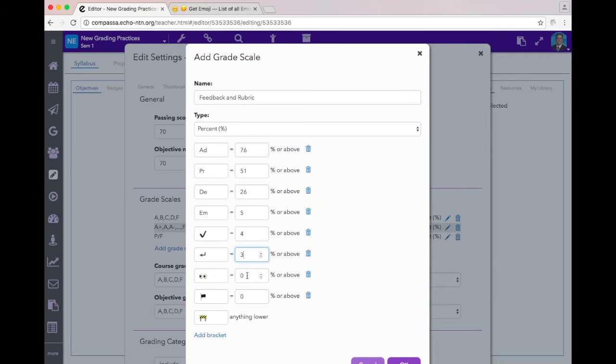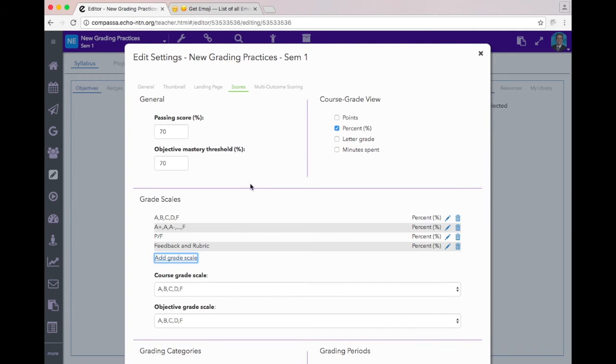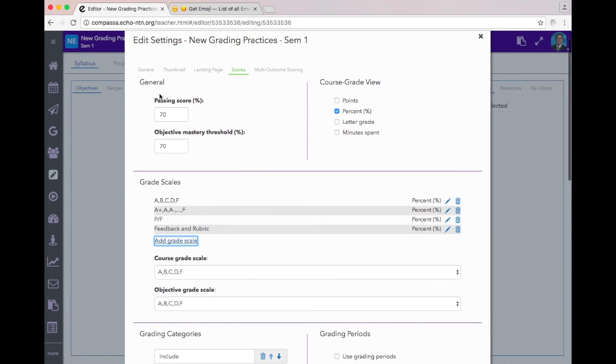I'm going to change the percentages. And so the check mark is going to be worth 4%. The feedback and revision arrow is going to be 3%. See me eyes 2%, and a red flag will be 1%. Then click OK at the bottom. Now